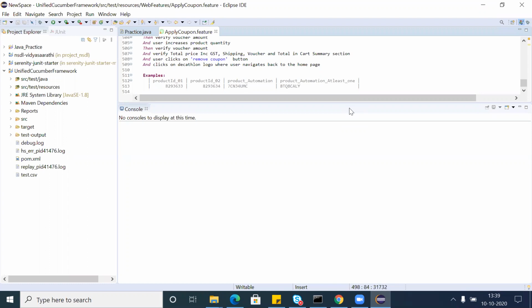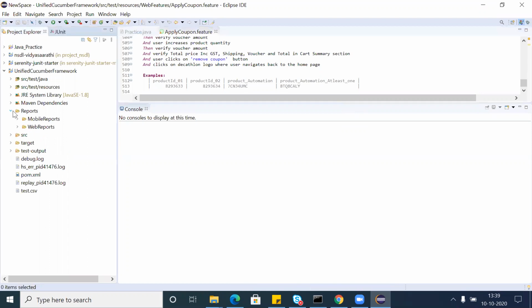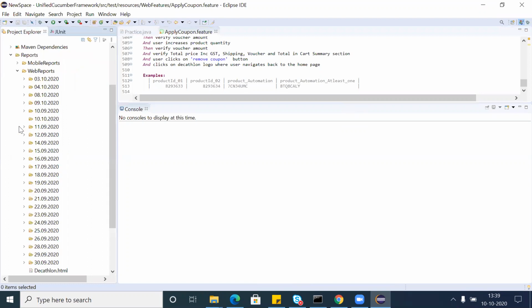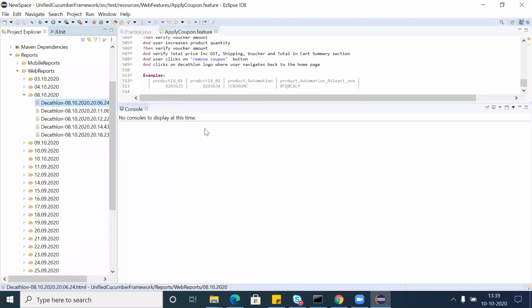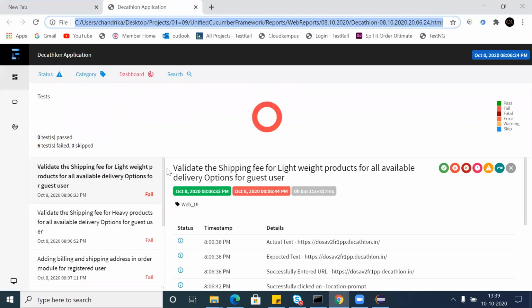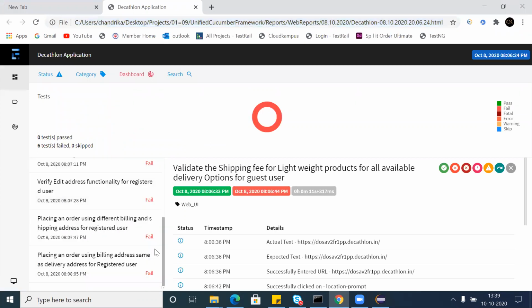So for reports, how this goes: on the left side, go to the reports, and then web reports. You can take any particular report and open it in HTML format in the web browser. Okay, fine. So first you come from the dashboard, Chandrika. One second, please, I'll open another one.